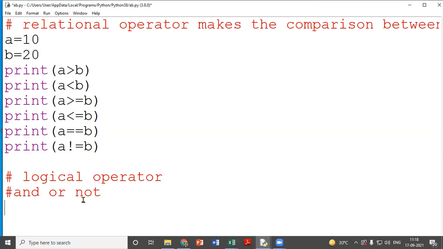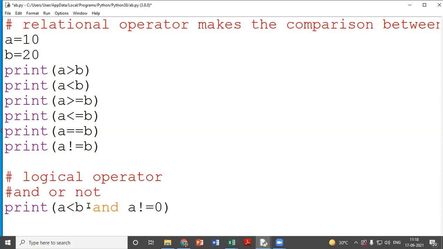How can I use it? Suppose I have written print A is less than B and A is not equal 0. It's asking, is A less than B? Yes. A not equal 0? Yes.